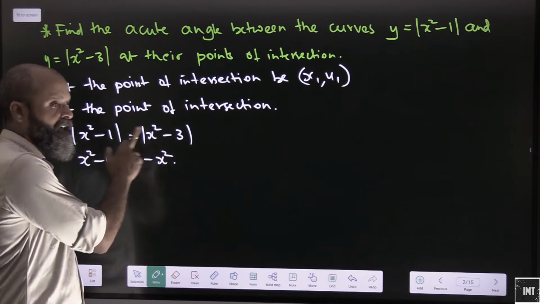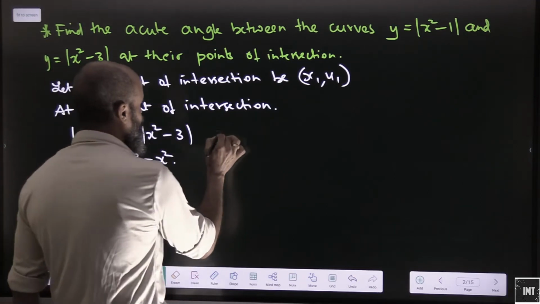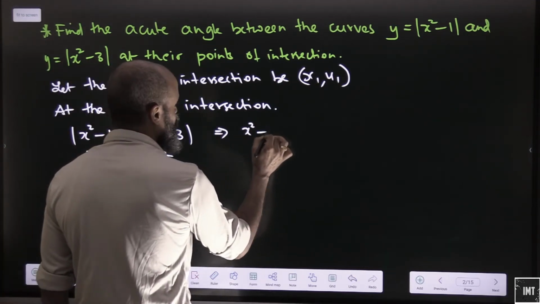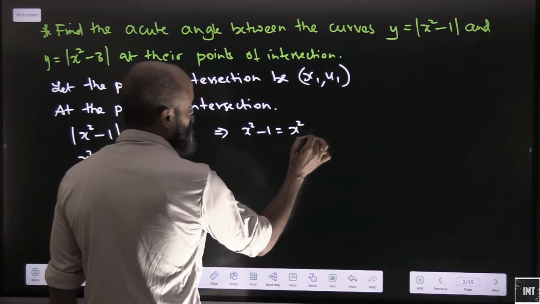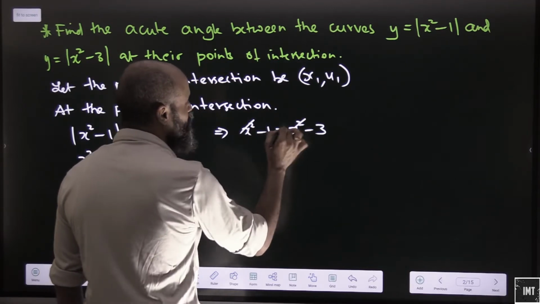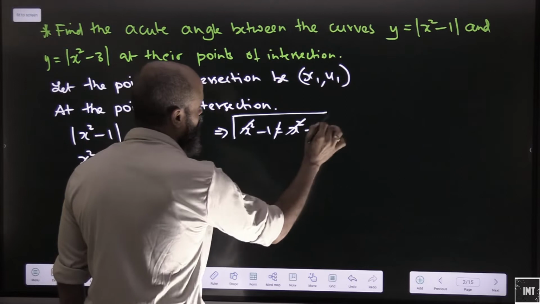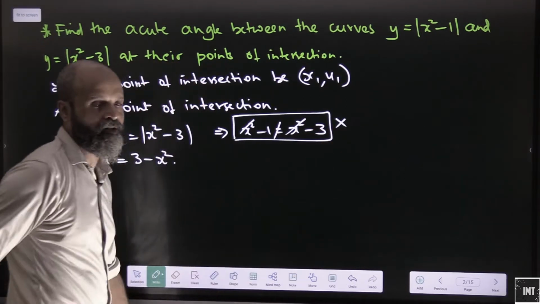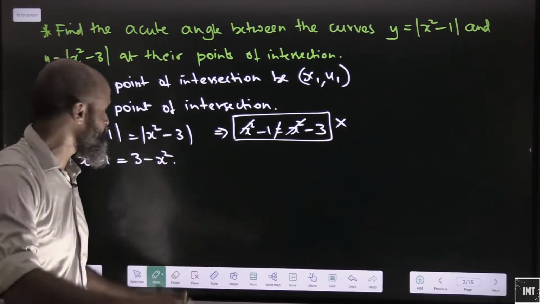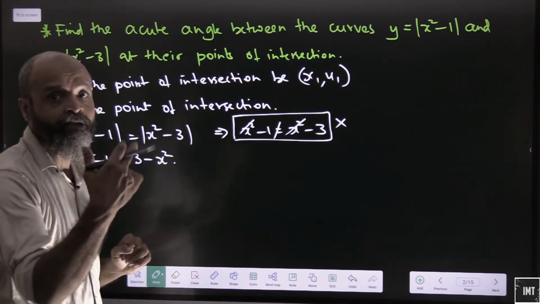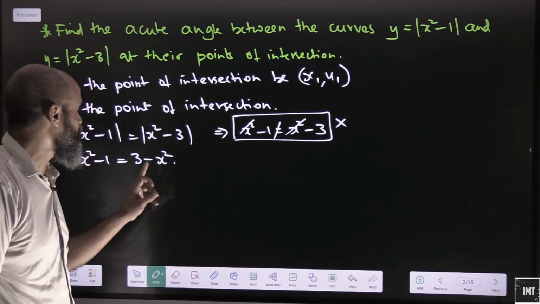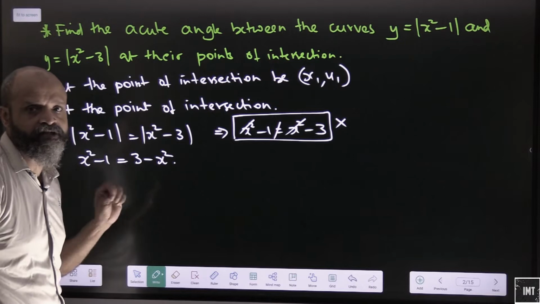If we have taken it as it is, then it would have been x square minus 1 is equal to x square minus 3. That will result in this, which is not equal. So obviously we cannot take this value. Okay, so either we have to do 1 minus x square is equal to x square minus 3, or we have to do x square minus 1 is equal to 3 minus x square, which seems to be more realistic.